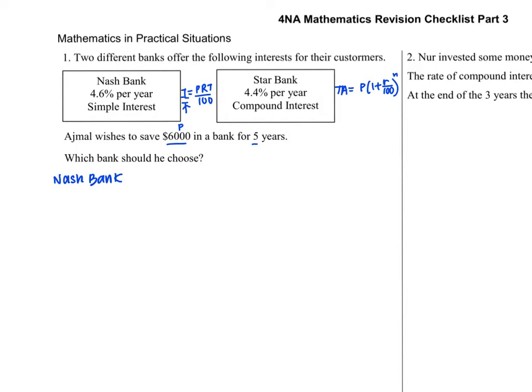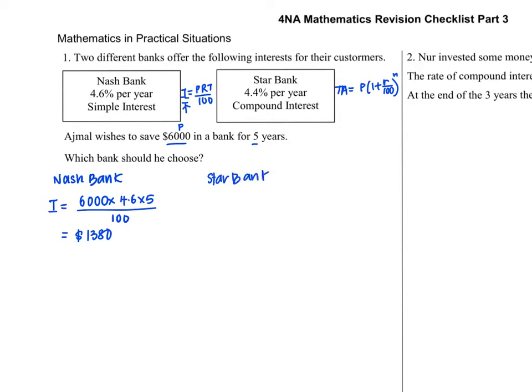Okay, let us calculate the amount of money or interest that he may get. So it's totally up to you. So if you calculate the total interest, that will be the principal amount times the interest rate times time, 5 years, over 100. And this will give you 1380. But take note, this is only just the interest. Okay, while for Star Bank,